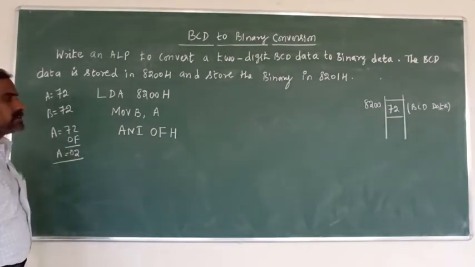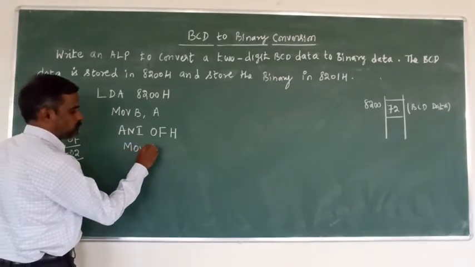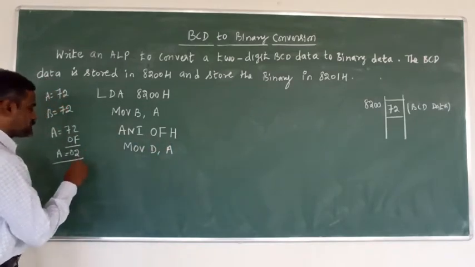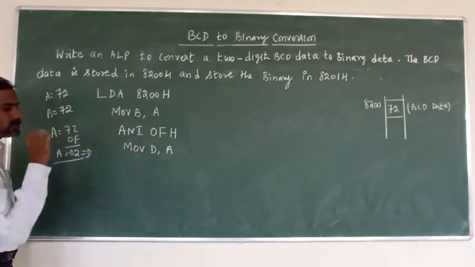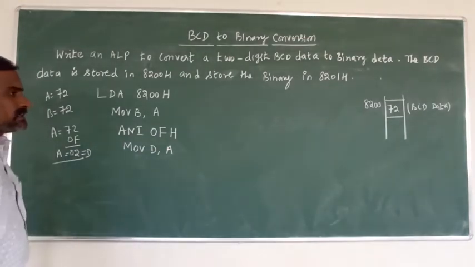Now the accumulator result is moved to some other register, suppose the D register: MOV D, A. Now the accumulator result is in the D register. D equals 02. Okay. Next,